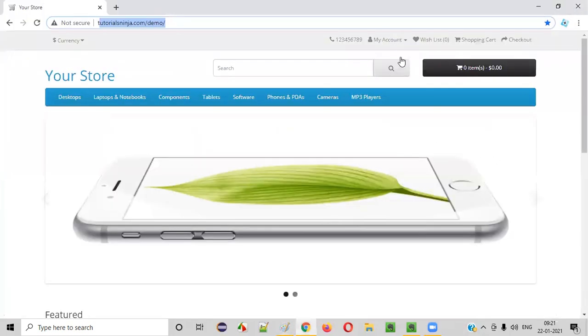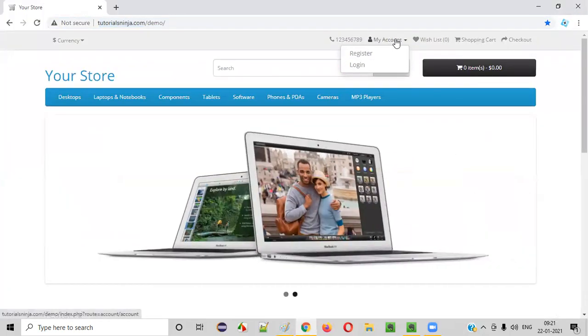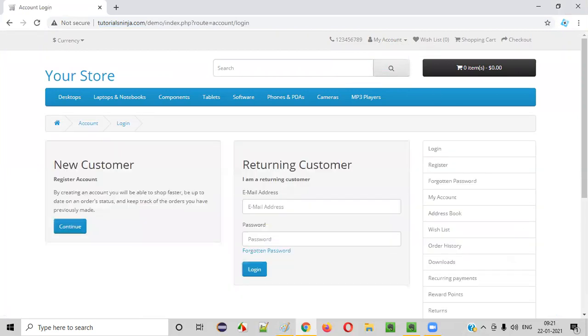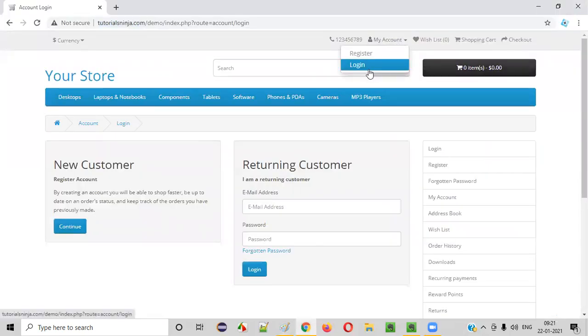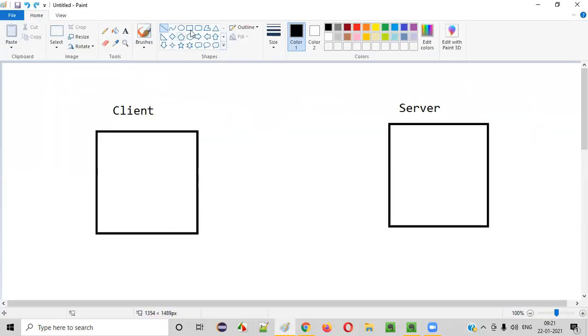Now you are doing one more thing. Let's say you actually clicked on My Account and clicked on the login option. For this to happen, guys, the moment you clicked on the login option, another connection will be established. A new connection between the client and server will be established again. This connection is different from the previous connection, guys. It's a fresh connection. With the same protocol, TCP/IP over the internet, that is HTTP protocol, this connection will be established again.